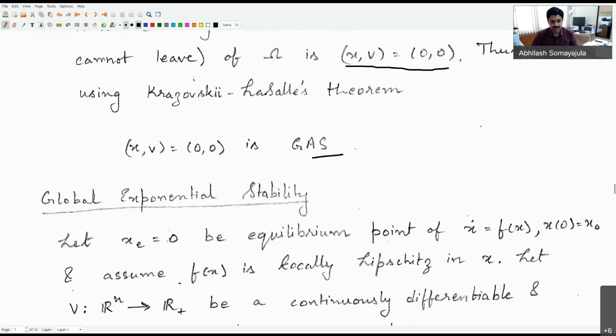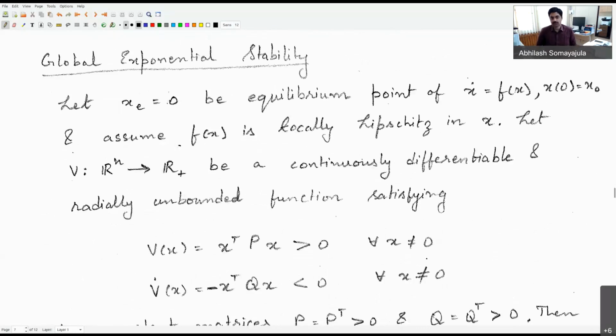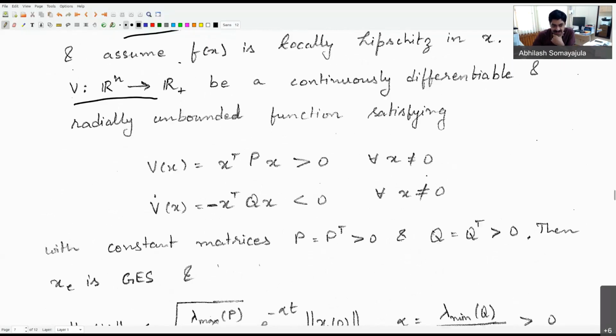All right. Now let's discuss the idea of global exponential stability. Let's again consider the same system, x dot equal to f of x, with x of 0 equal to x naught. We are looking at an equilibrium point, xe equal to 0, and again we have this function V as a continuously differentiable and radially unbounded function. But in addition to the previous conditions, we are able to show that V of x is equal to x transpose Px. So P here is a matrix,